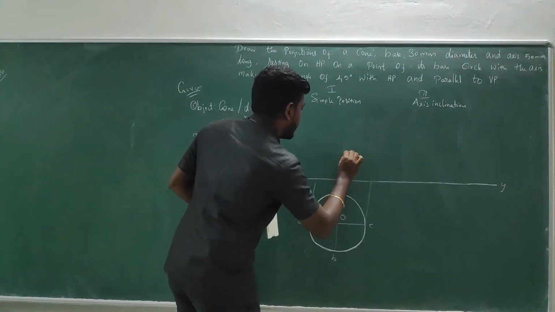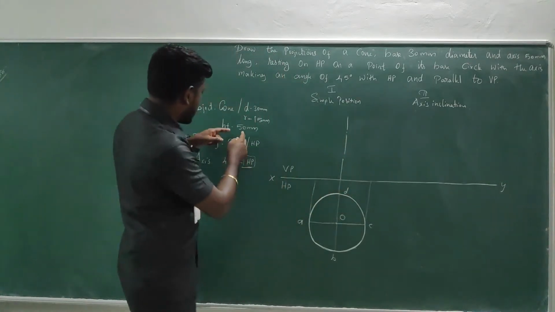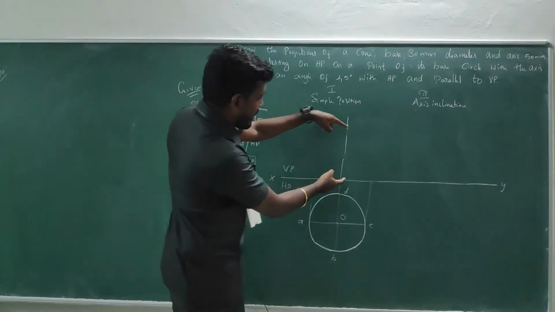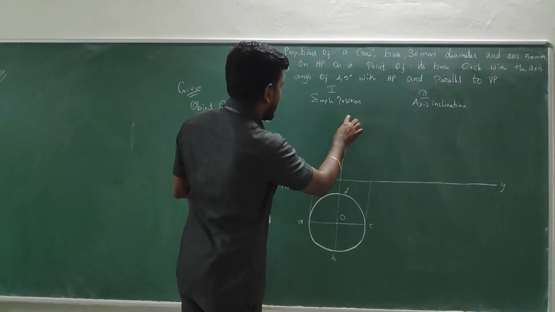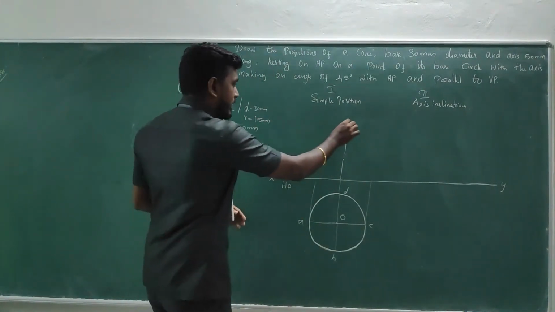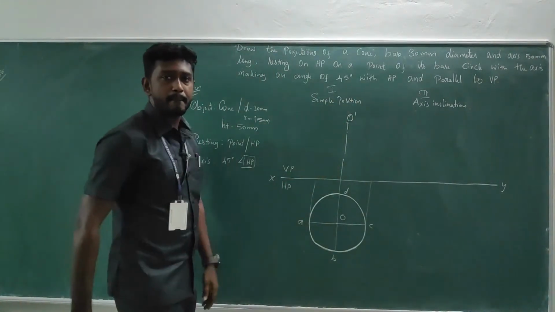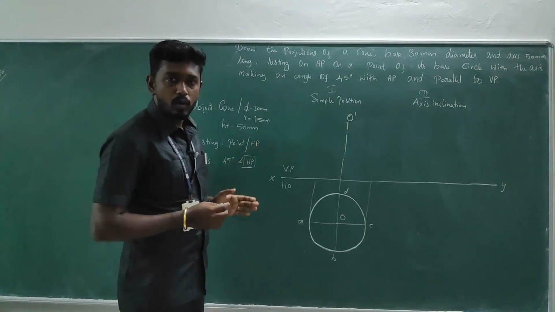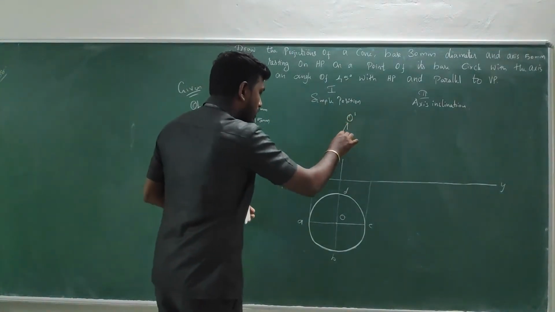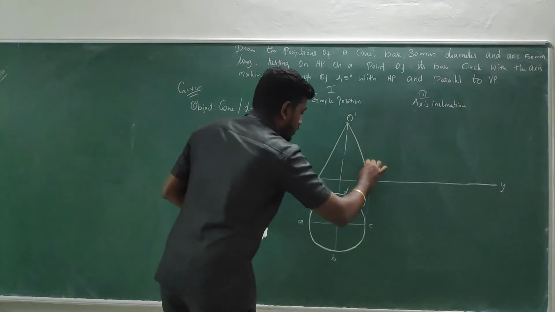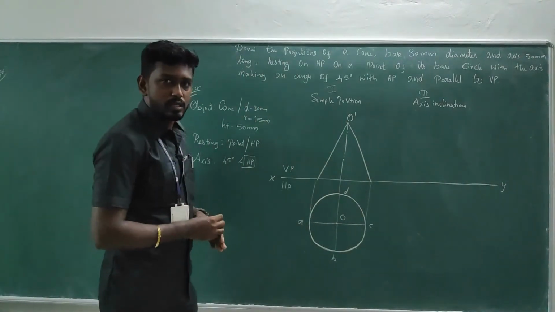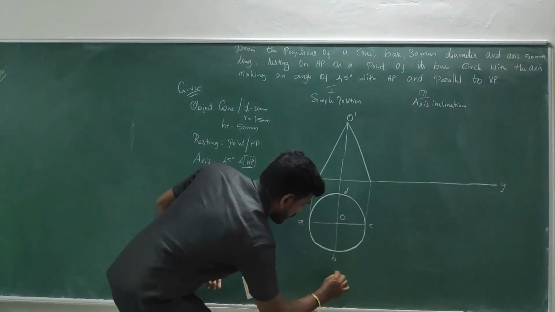The axis height is given, so just raising up the axis, measuring 50 mm in my compass, I am going to have the cut mark, so that I will specify the O dash apex at the front view. So now if you connect it, you will be able to get the shape of the object. So here comes the front view.